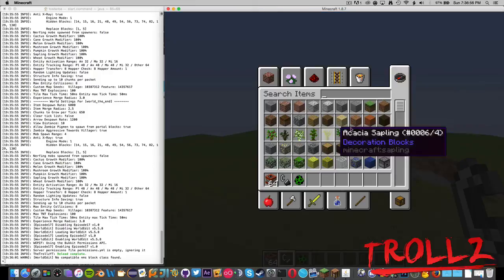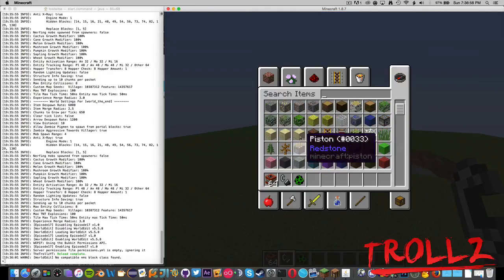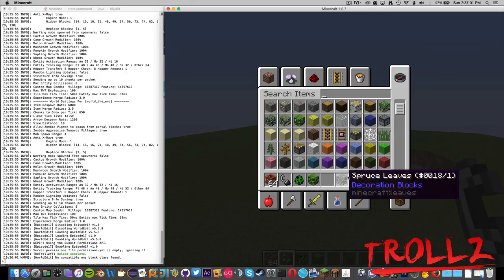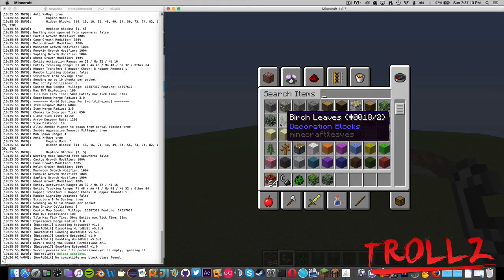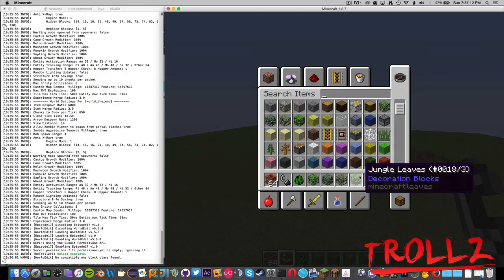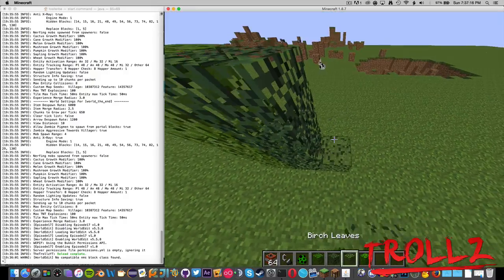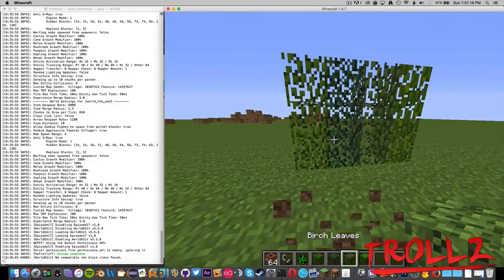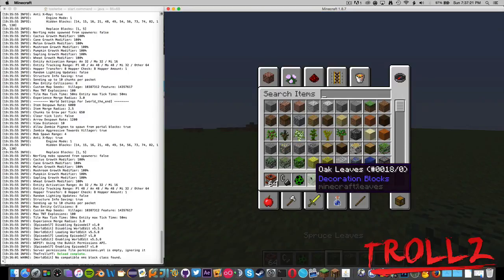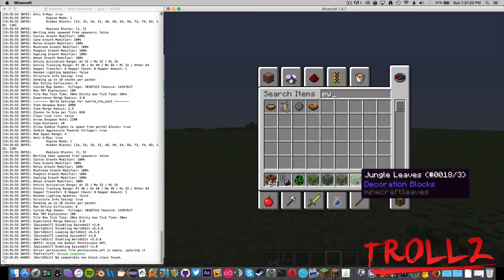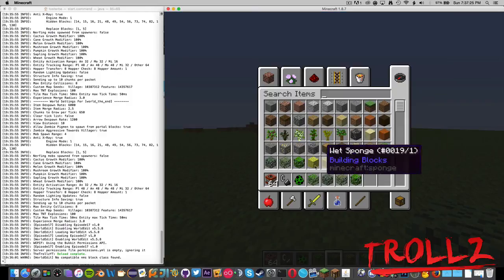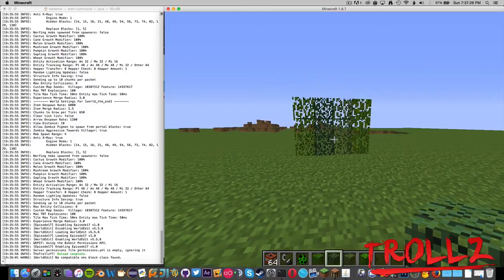That's actually really cool. But let's go ahead and get some different leaves here. So we're going to have the oak leaves, which have the data value of 0. We have spruce, which have 1, and then we need birch and jungle. So what we're going to do is build it 3 high, like this. So you can see here, it's all in order. So 0, 1, 2, 3, and this one, if there is no data value attached to it, everything will turn